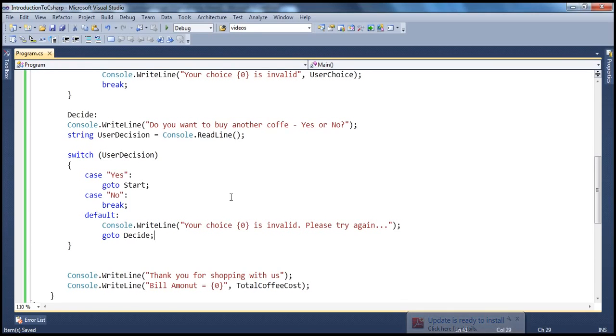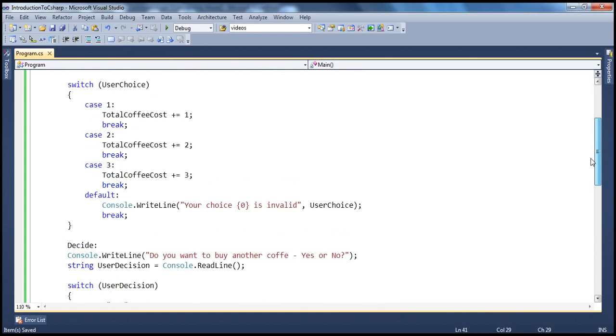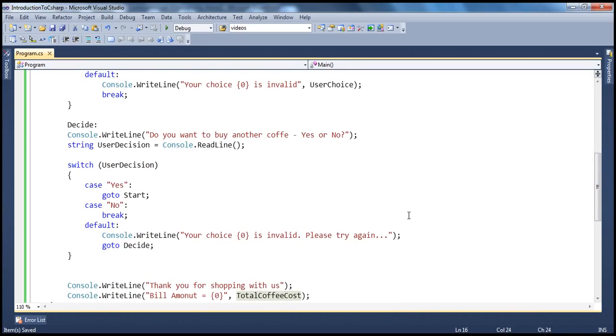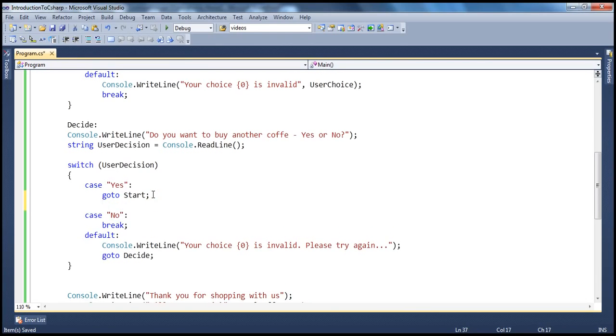Now another important thing to notice here is that every case statement, usually if you look on the top, has a break statement, meaning if this case is true, execute this piece of code and break out of the switch statement. But here in this switch statement, we either have break or goto. So we don't have to use break if I use goto,